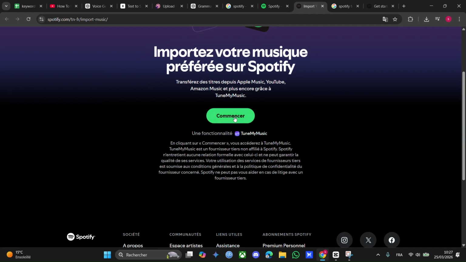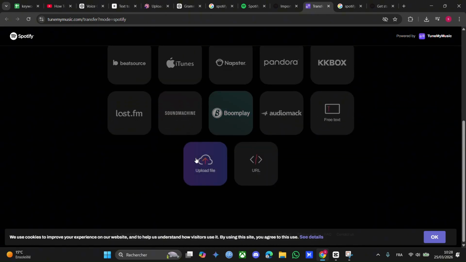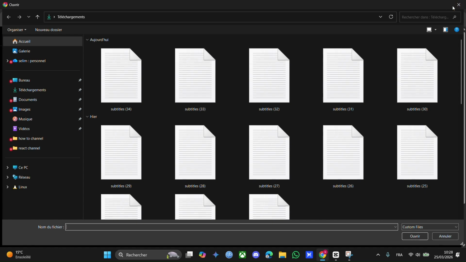Click on Start. And here shows your music app that you want to import from, for example, YouTube and YouTube Music. You can upload the file from your desktop also, add it to Spotify, and this is pretty much